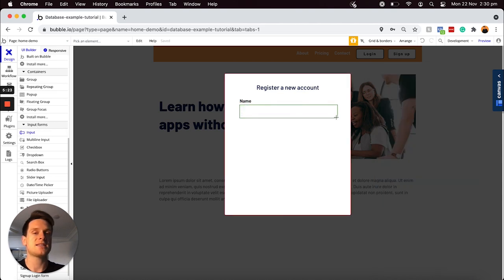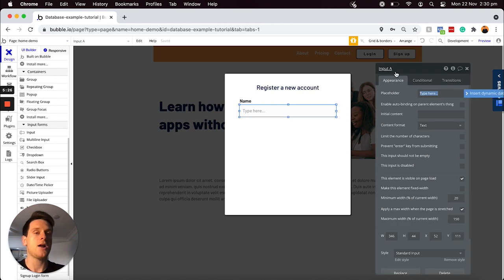I will drag this out across our pop-up and I'll be updating the name of this to be called input name, because when I create a workflow in a moment, I'd like to easily be able to reference which particular input will be storing data within the relevant data field in my database. And then once I've added in the input field here for the user's name,